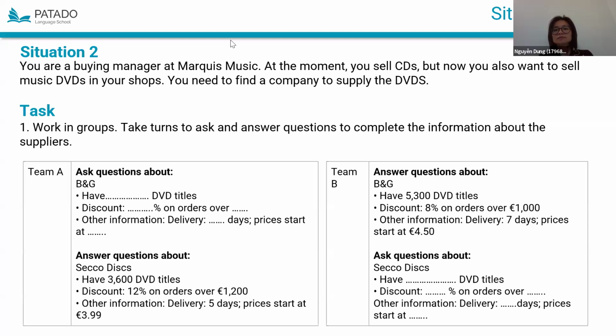I mean the wholesale. Okay, so for the wholesale price, the prices start at 3.99 euros. Okay, thank you. Thank you so much. Is it a deal? Yes, and so